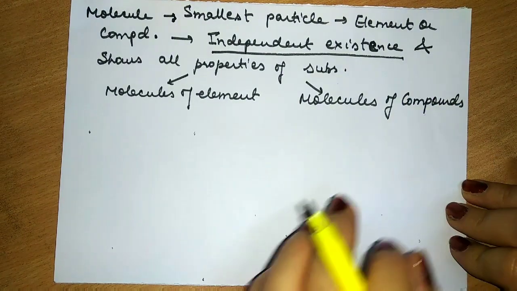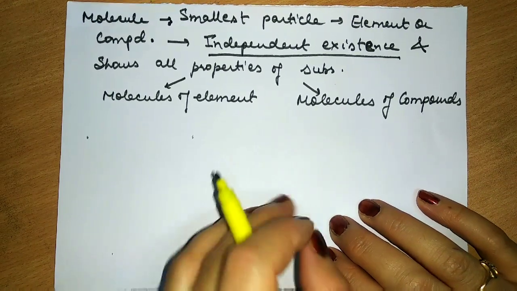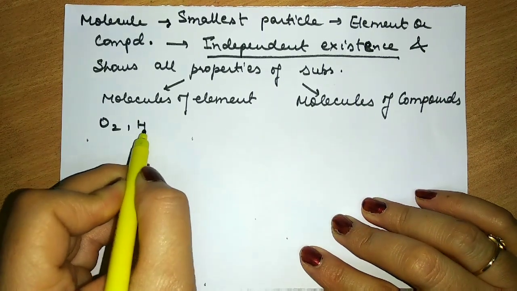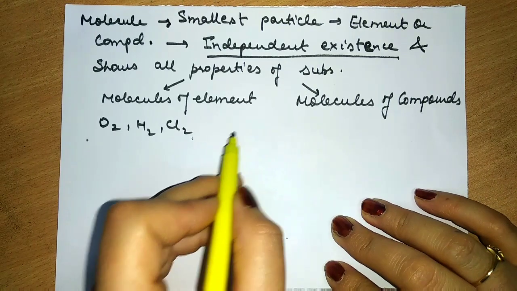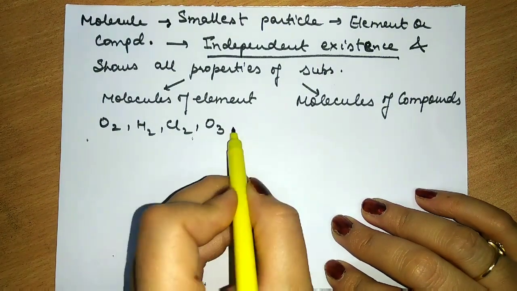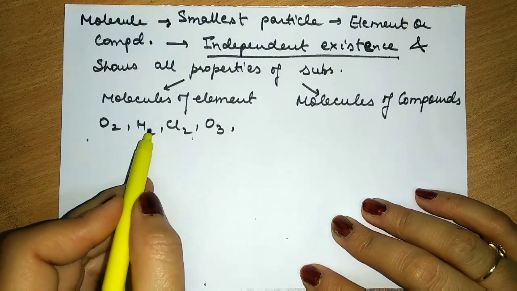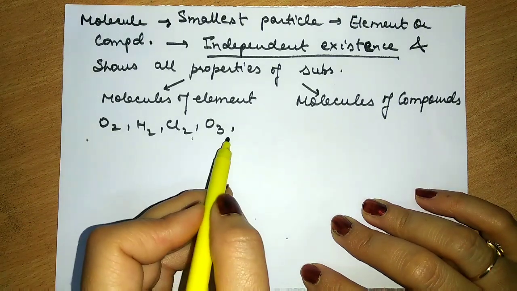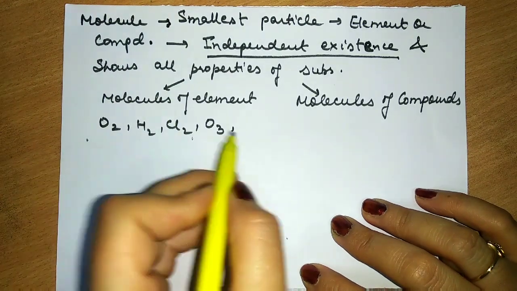So we'll be having various molecules. So molecule of element, if I talk, it means we have same element. Like if I talk about O2, H2, Cl2, they are elements of same atom. Suppose O3, it's not like that only two atoms are there. So same element. It may be diatomic having atomicity 2, that means total number of atoms 2.